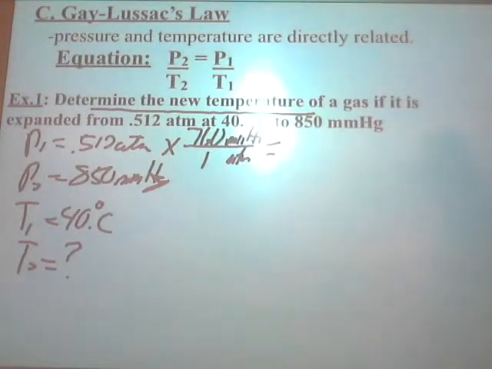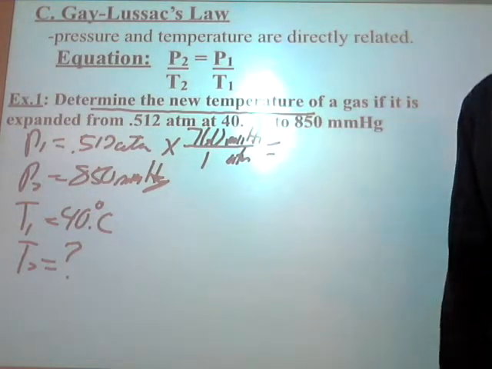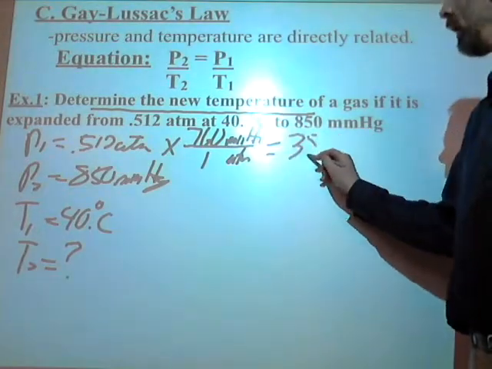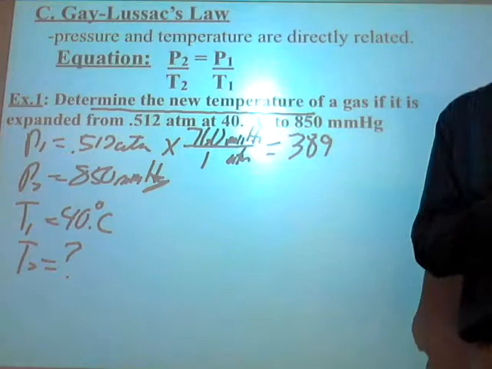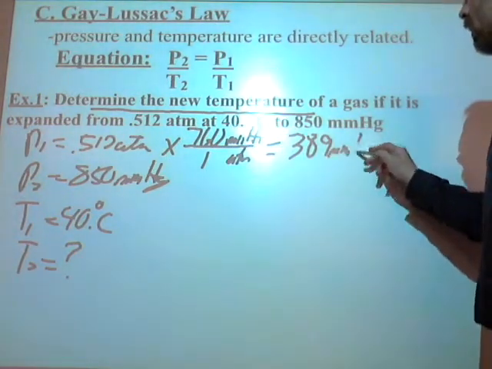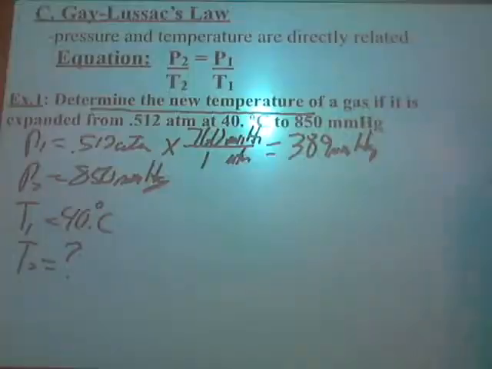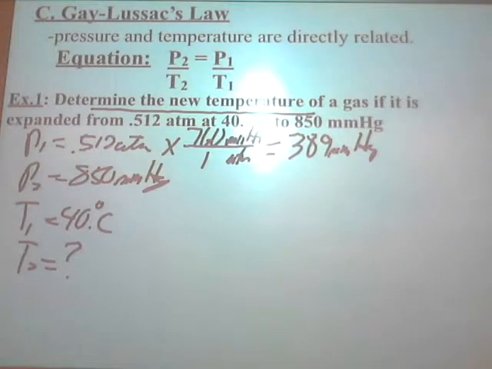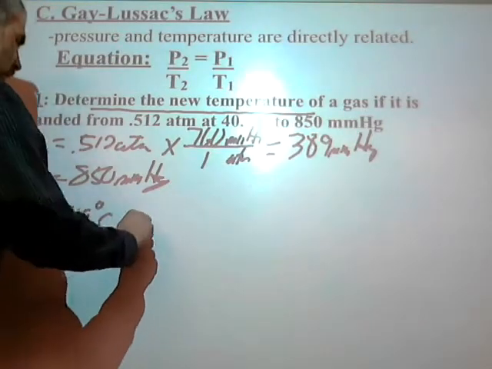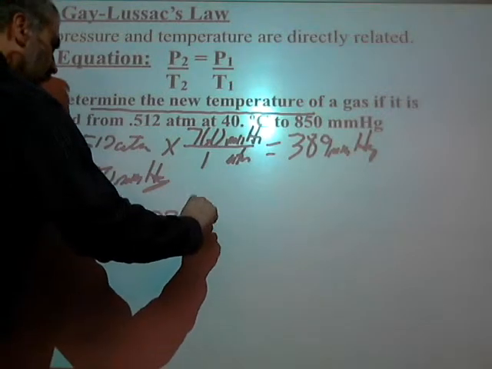And rounded to the correct significant figures, what do you get? Katie, what'd you get? 389. Everybody else get that? All right, does that look good? And that's millimeters of mercury. Am I done? No, I still have another change to make here. All my temperatures, whenever I see them, they have to be in Kelvin. So I'm going to add 273 onto that and get